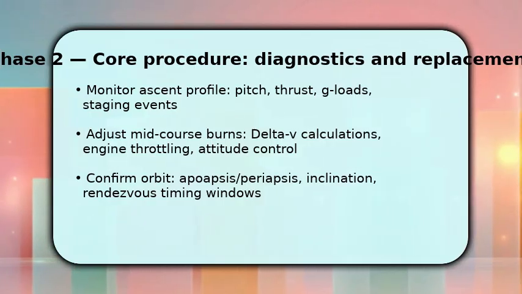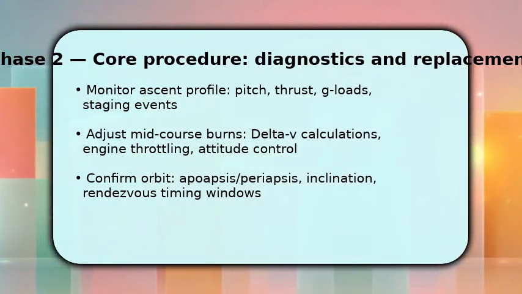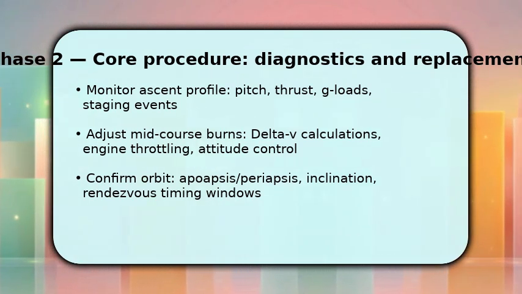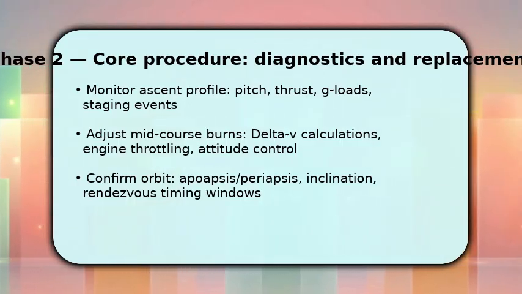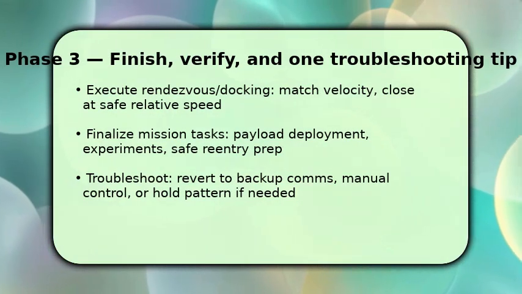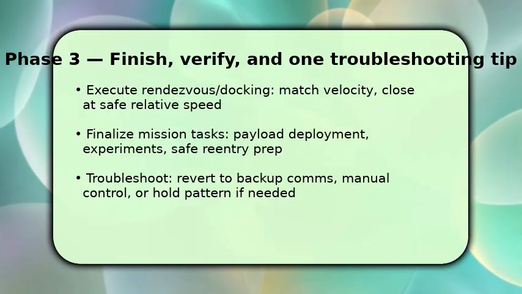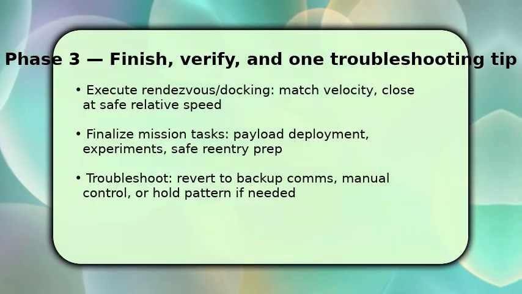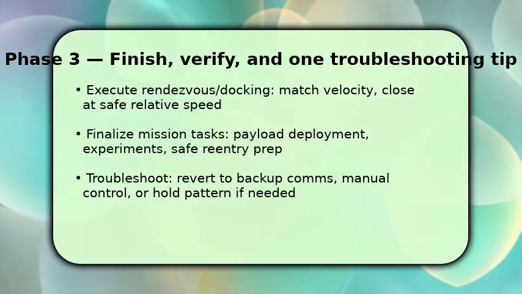When approaching target orbit, burn to raise or lower apoapsis and periapsis, so your inclination and rendezvous timing align with mission objectives and docking plans. You complete final operations by matching velocity vectors for rendezvous and closing at a controlled relative speed to dock or park. Once docked, carry out payload deployments or experiments, then begin pre-re-entry procedures if applicable, secure items, check seals, and